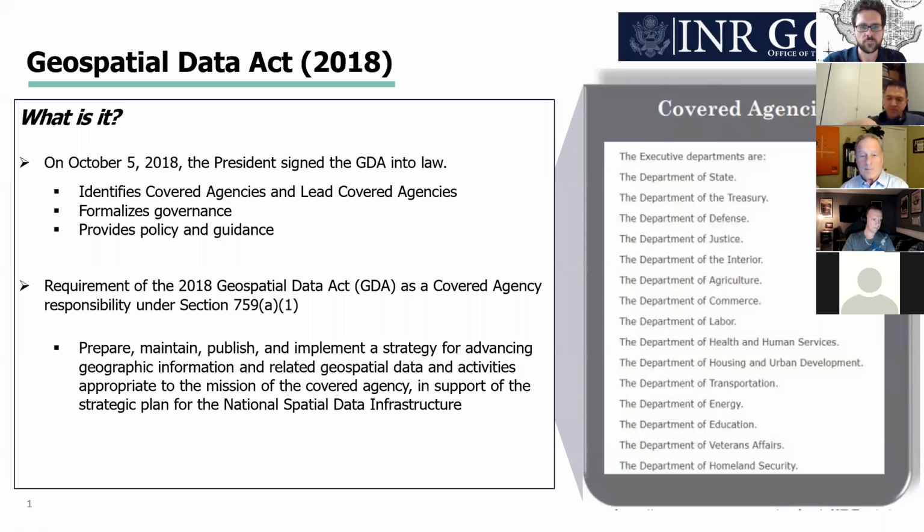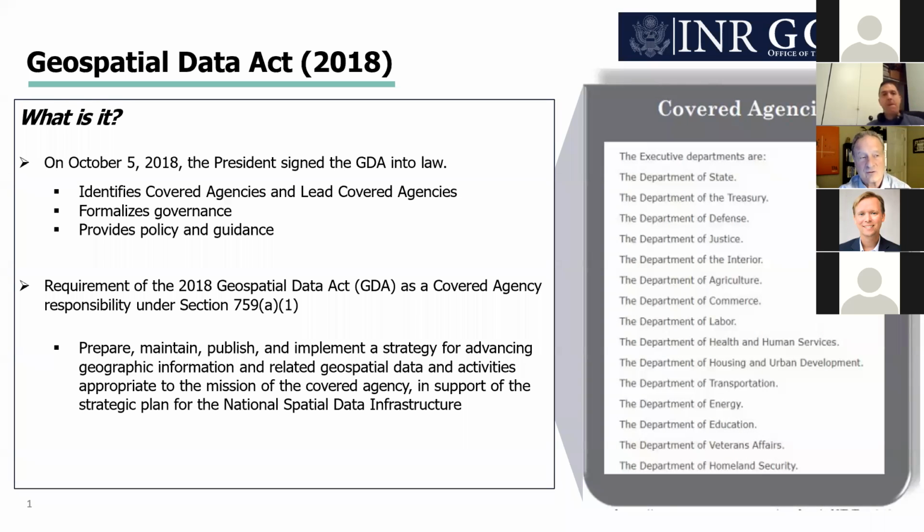Okay, so before I talk about the geospatial data strategy, it's important to understand what germinated the strategy, and that was the Geospatial Data Act that was signed by the president into law in the fall of 2018, where it applied to a variety of different executive departments, which are called covered agencies, which you can see on the slide there. And there are also lead covered agencies, which I'll get into a little bit later, which are responsible for data themes in the national data as part of that are national geospatial data assets for the national spatial data